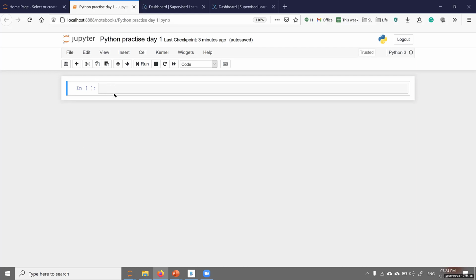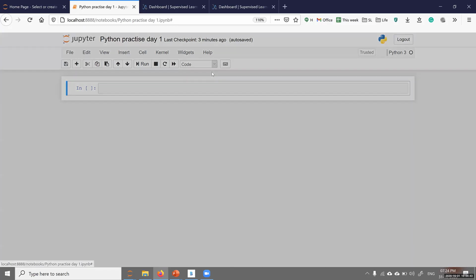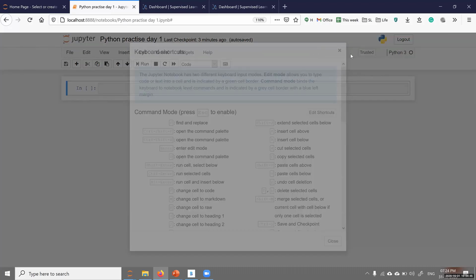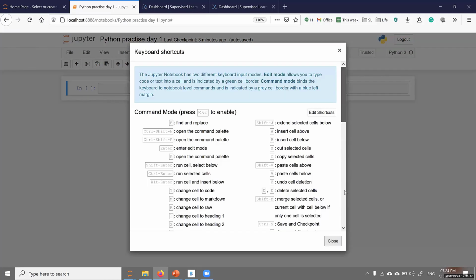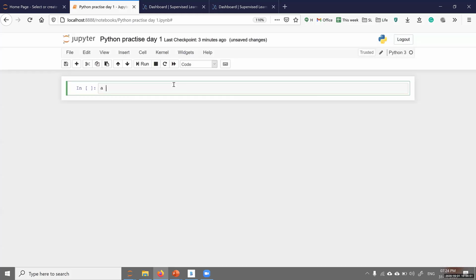There are some shortcuts which you can learn later, but during the class I'll keep on using keyboard shortcuts. One command which I'll teach you immediately is, let's say, a is equal to 3, print of a.